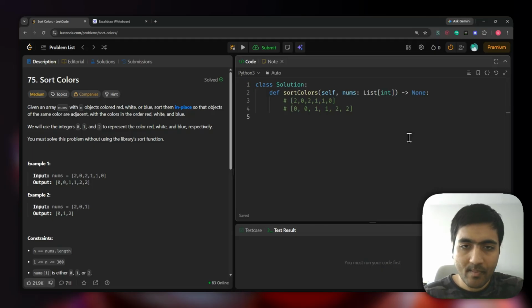Now to solve this problem there are two approaches. One is the counting sort approach, and here we're not going to use any library sort function. Python has a built-in sort function, we're not going to use that. Okay, so the counting sort approach,